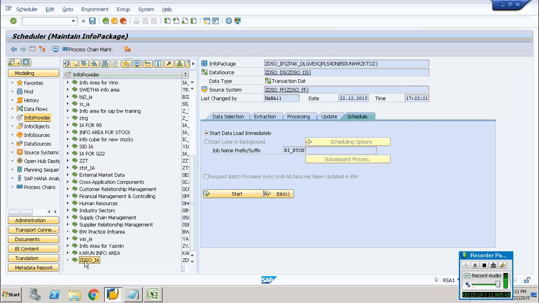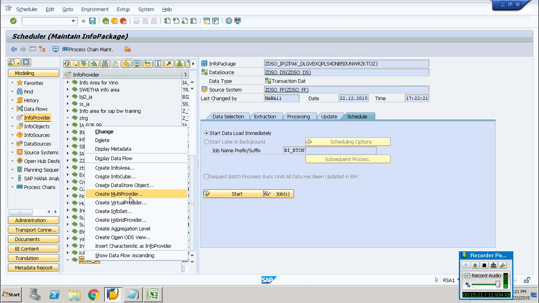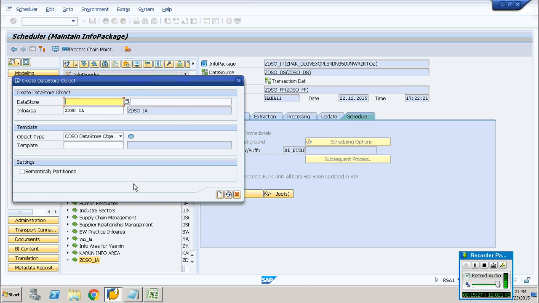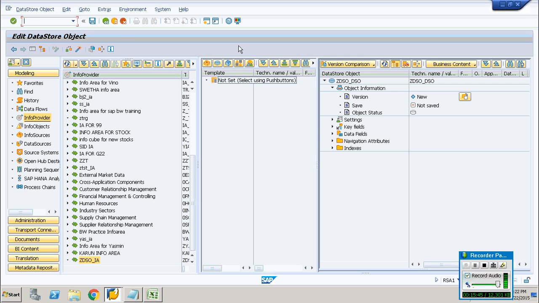that we have created. Right click and create your data storage object. Here is where we are going to create our actual data storage object. Provide the relevant naming. We are providing this name, and I'm just going to copy the same in the description field, and I'm creating it. So once the data storage object is created, now I'll go to the info object catalog, click on it,